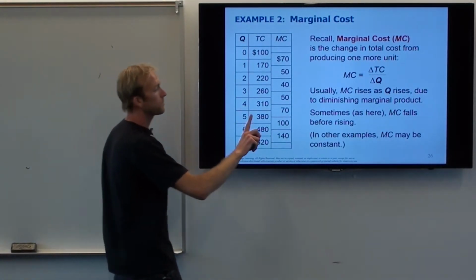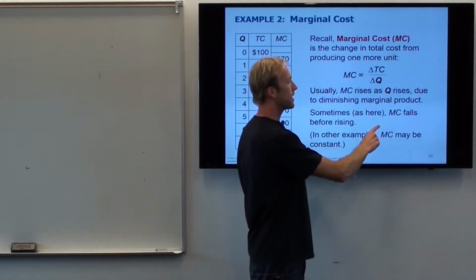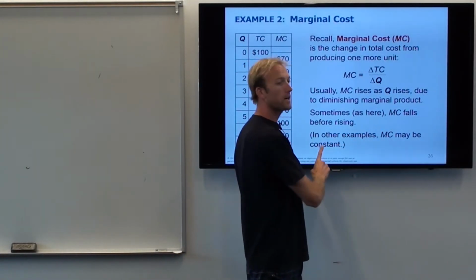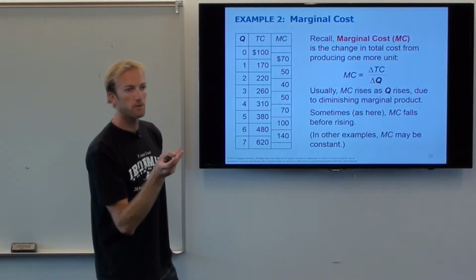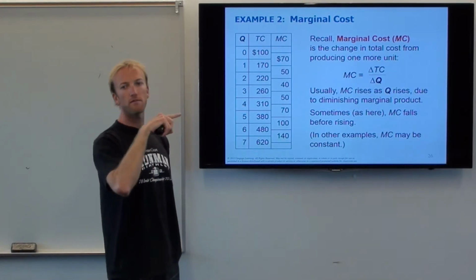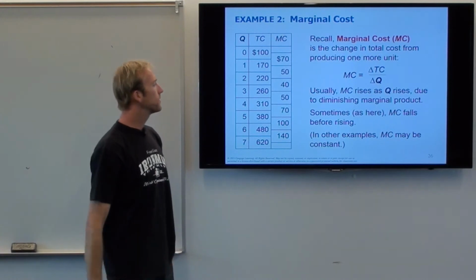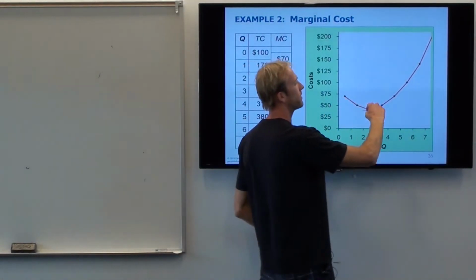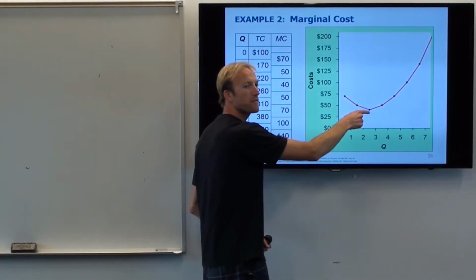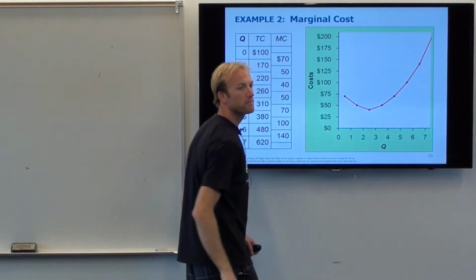Oh, and just a little important little thing. Sometimes we might show marginal cost to be constant, just to make the math easier on the problem that we're doing, right? But generally in real life, it's increasing. Okay, so when I graph it, it kind of looks like a swoosh, right? It goes down a little bit first, and then it goes up.